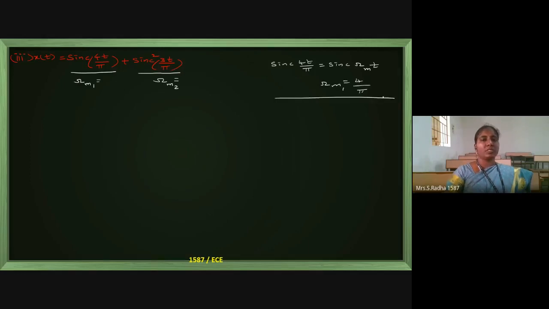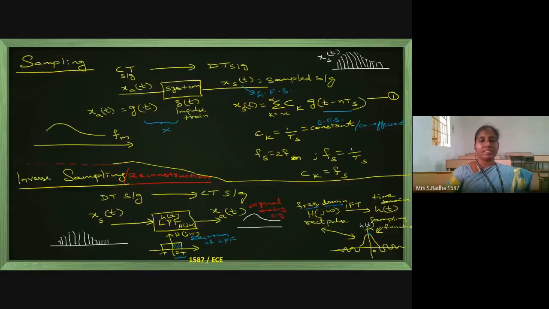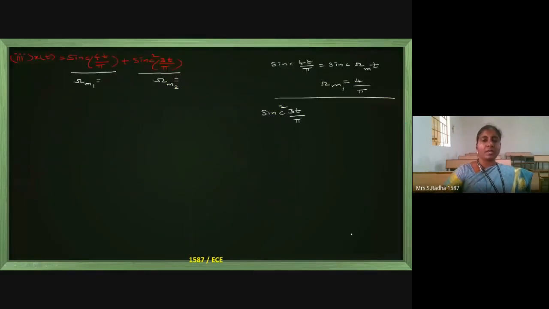And now coming to the second term, sinc square 3t by pi. And here the thing is, sampling function and sinc function, both of them look the same. I told you about this right side bottom diagram. This is the diagram for the sampling function or sinc function. And the only difference is